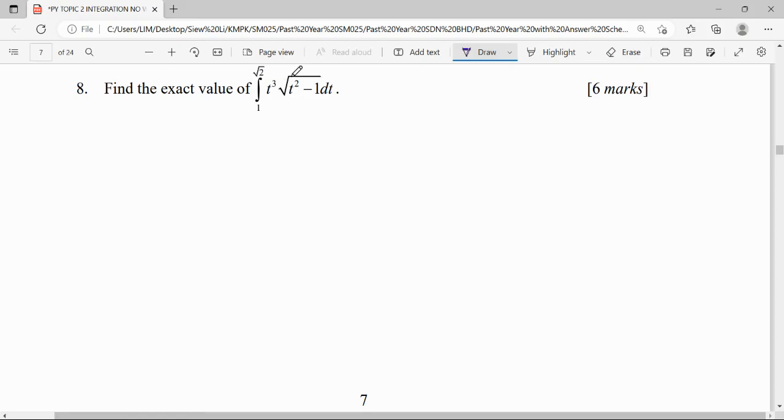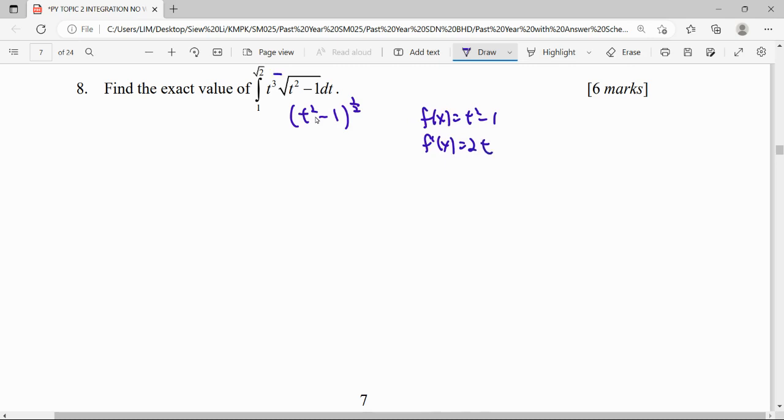For this question, find the exact value for this integral of t cubed times the square root of t squared minus 1. We can try to check with formula first. If this is our function, so we assume this is our given function, where e is power to 1 over 2. If this one is the given function,